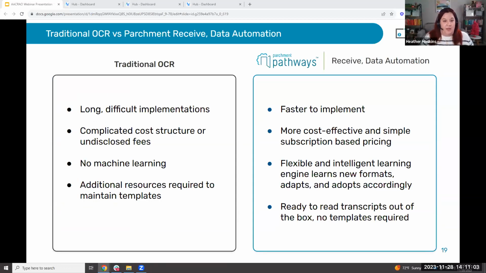Now, I know some of you might be familiar with kind of more traditional OCR solutions, and you might be curious to know how the data automation solution compares. And what we hear often is that legacy OCR is often kind of a clunky tool requiring a long, difficult implementation process, sometimes has complicated cost structures, and is really only as good as the templates that you set up. So you have to both create and continue to maintain templates in order for the OCR to work and